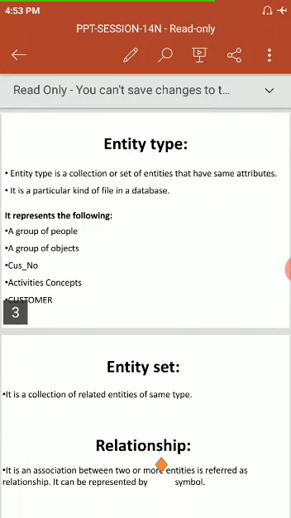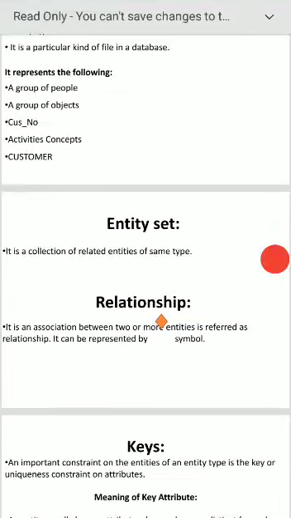Entity set. It is a collection of related entities of the same type. There may be several entities.